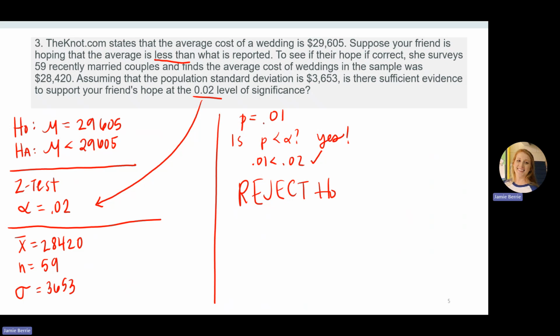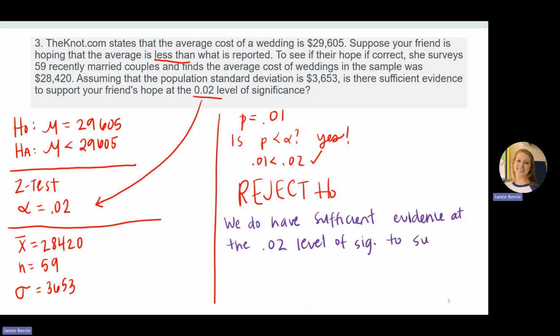All right, so hopefully, if you're not finished, you'll need to pause the video and keep working. But hopefully you have gotten to the same place that I'm at and you've seen that we're rejecting H0. And our conclusion statement is going to look something like this, or our interpretation. We're going to say, we do have sufficient evidence at the 0.02 level of significance